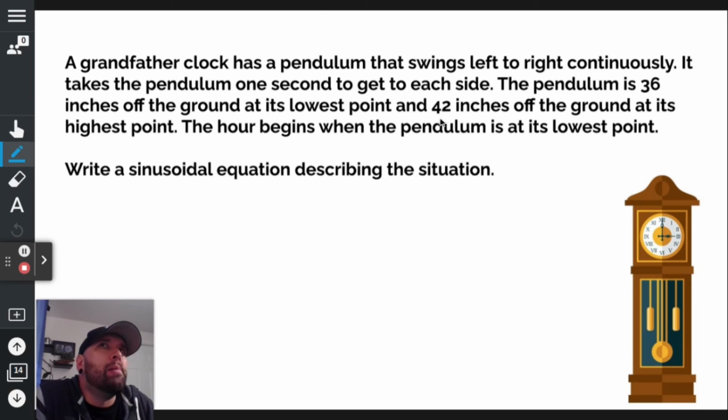All right, what I'm going to do is, if the hour begins when the pendulum's at its lowest point, I'm going to approach this not from a sine or a cosine, but from a negative cosine point of view, because cosine starts up here and works its way down. However, negative cosine starts at the bottom and works its way up like this. So we're basically at its lowest point,